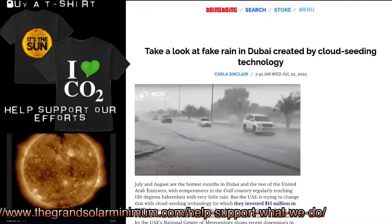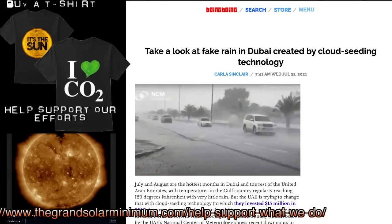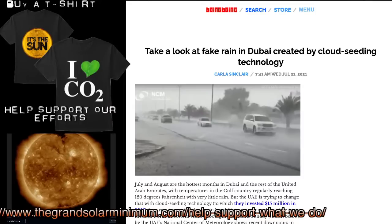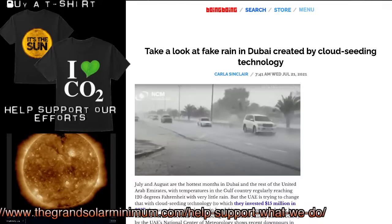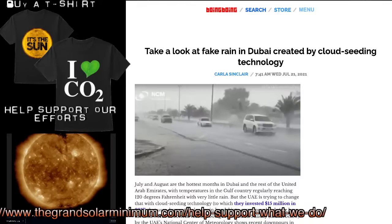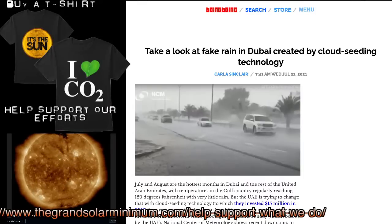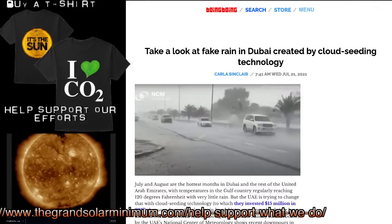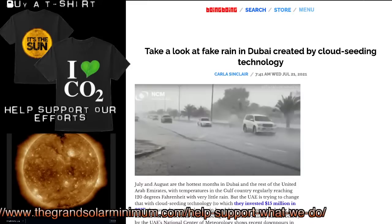So I'm just kind of going through Twitter today, and I found out that over in Dubai, the UAE, they are trying to change their rain averages and bring them up by cloud seeding. And of course, we've always talked about how with geoengineering, a lot of people think man doesn't make that big of an impact on the climate. And I'm going to prove that right now, because this article does not prove man-made global warming or man-made climate change. The factors that go into cloud seeding here in this project in Dubai,